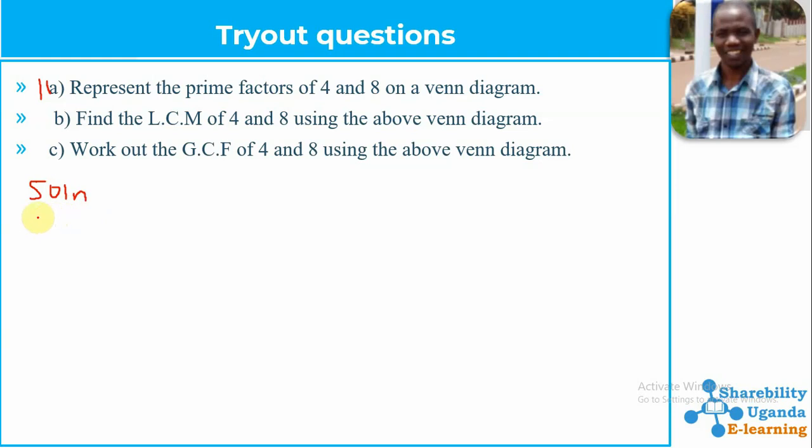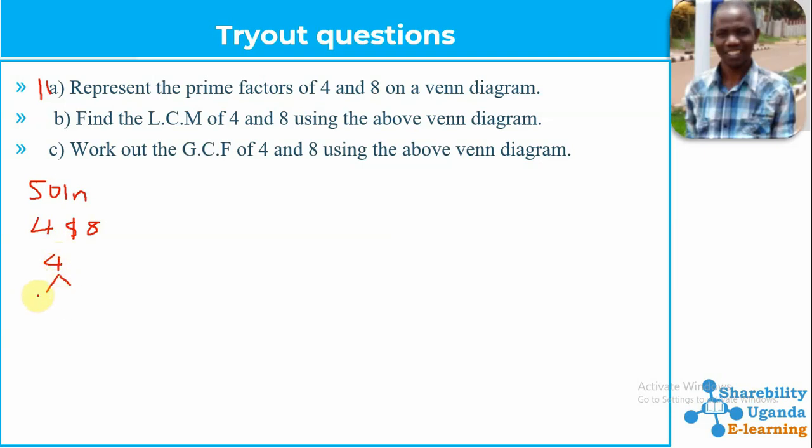When we are representing these prime factors on a Venn diagram, first of all we have our numbers 4 and 8. These are the numbers that we have to represent on the Venn diagram. But what we have to do first is ensure that we get the prime factors of the numbers given, 4 and 8. We are going to use our factor tree method to first get the prime factors of